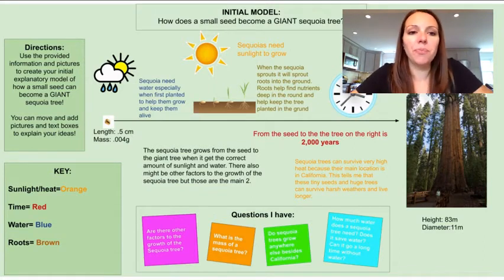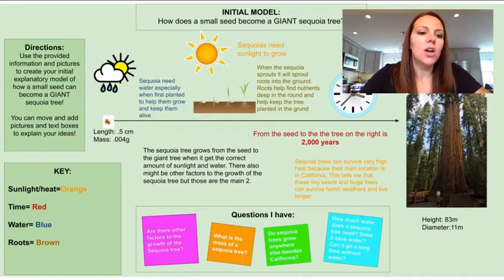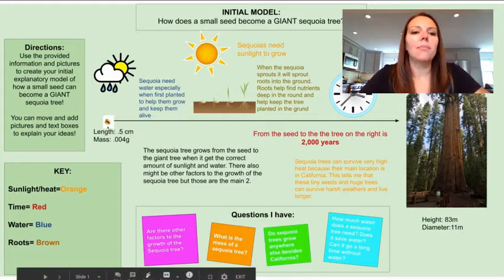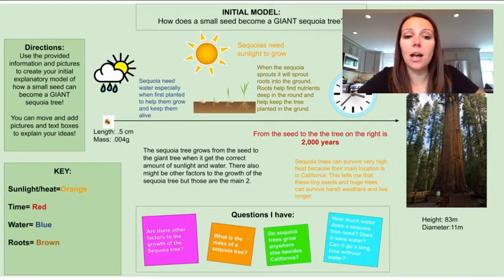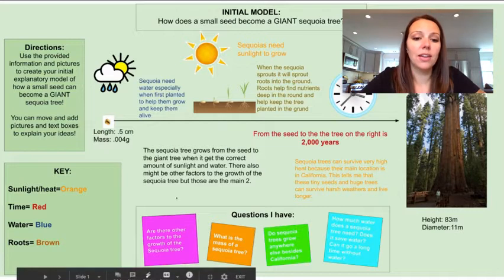So here we go. In this model, remember our driving question is, how does a small seed become a giant sequoia tree? And so I see our small seed, they have the length and the mass here, and they said sequoias need water, especially when first planted, to help them grow and keep them alive. I think I'm gonna use my pointer to help. So they have,